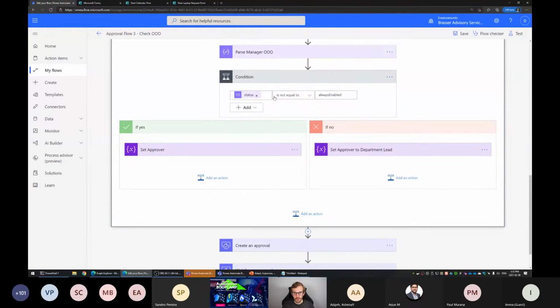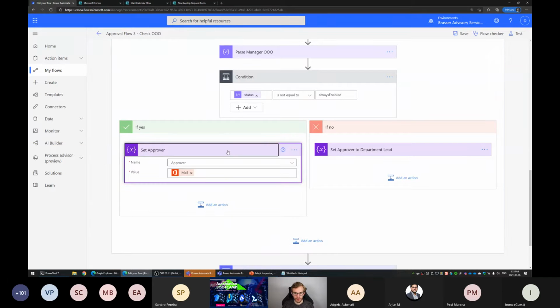So if it's not equal to always enabled, then it would trigger this one. It would set the manager as the approver. If that is not the case, what we can do is